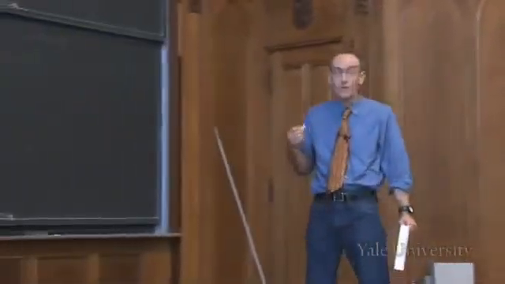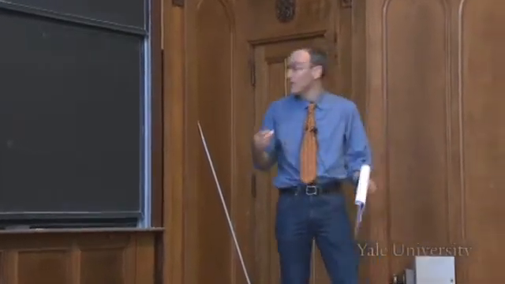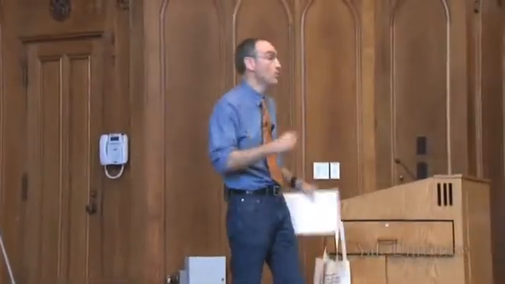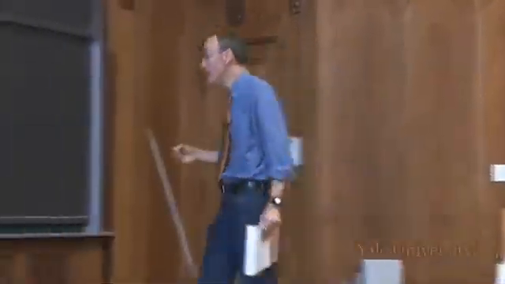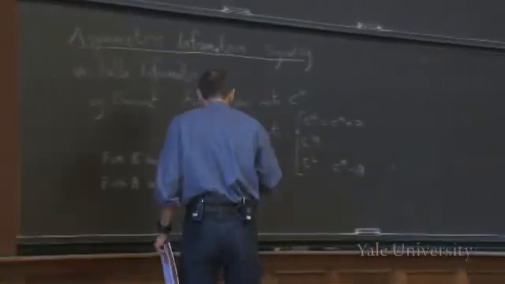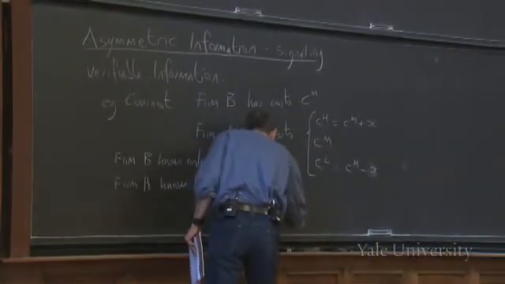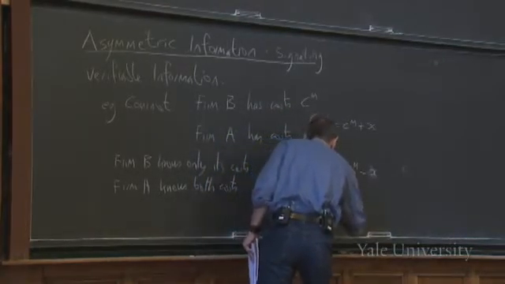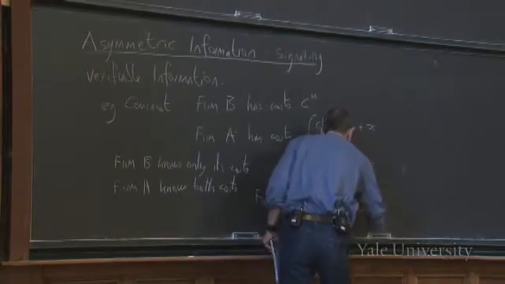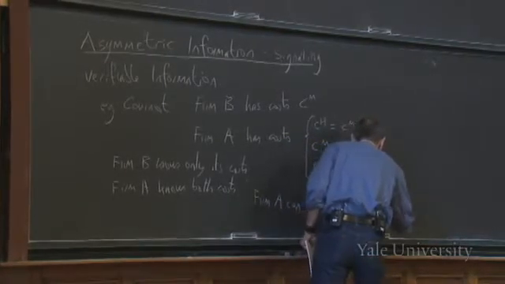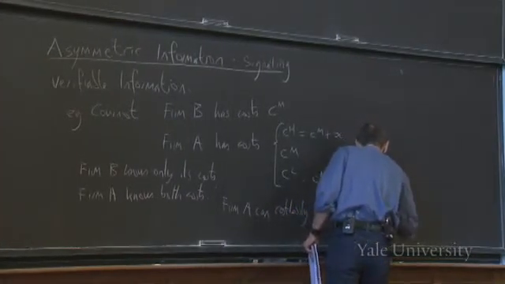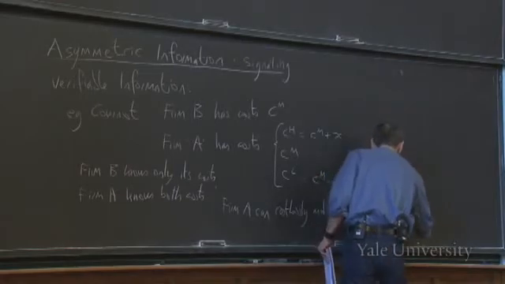Now, it can do so in a verifiable way. For example, it could hire an accountant. That accountant from a reputable outside firm could come in and do the accounts for firm A and then publish them in the Wall Street Journal or something. All right? So firm A can do that, and let's assume it's costless for it to do that. All right? So firm A can costlessly and verifiably reveal its costs